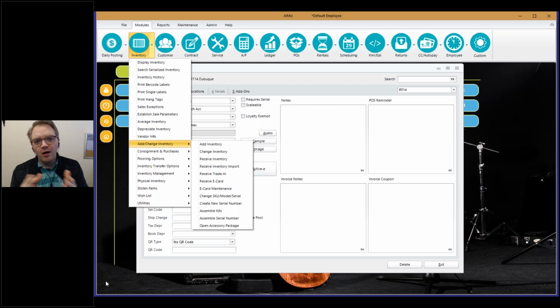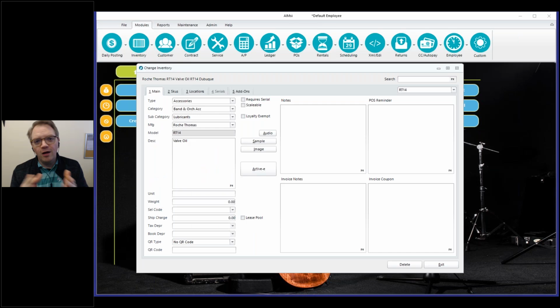Rachel or Rochelle, I apologize, I'm probably saying it wrong on both accounts, is asking, on POS notes, can you separate invoice notes from ordering notes? We don't need to know must order 6 when we sell an item. So on POS notes, technically, if we're looking at an inventory item, there's the notes field here on an inventory item, and then there's also the POS reminder notes here. There's also an invoice notes section. So depending on where you have that must order 6,